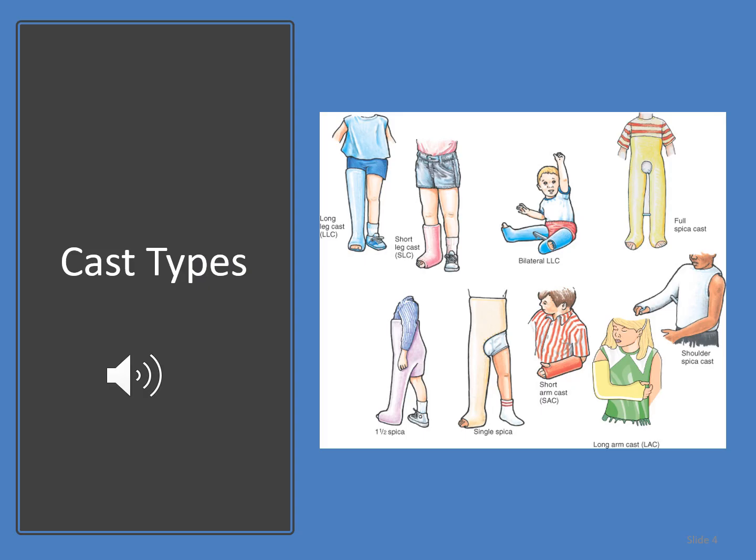So this slide is just a variation of different types of casts that we may use, and you can see that some of these will definitely present a little more challenge than others. Like the full spica cast, where both legs are covered in casting and even up to the child's chest. And then we just have a little cutout, or that window I was talking about, around the child's genitals and their bottom. We even have half spicas or a single spica where it's just one leg. Again, you have to think about the young child with toileting, and we don't want them sticking things or having food fall down in the cast from